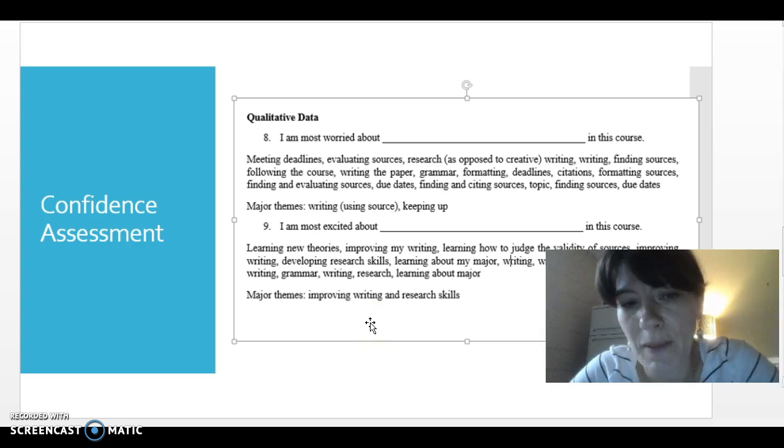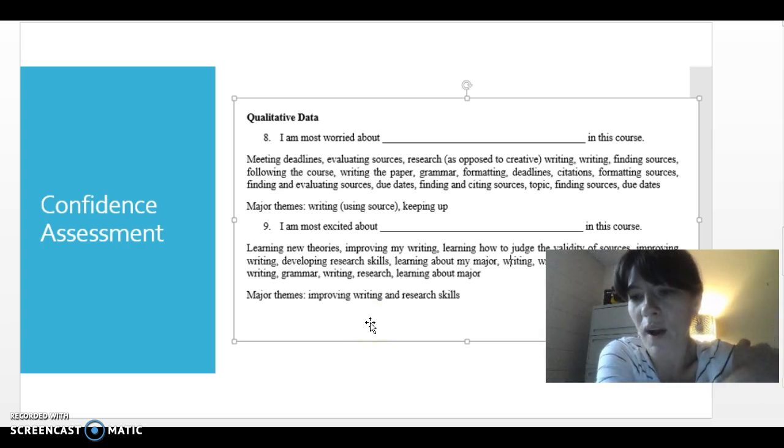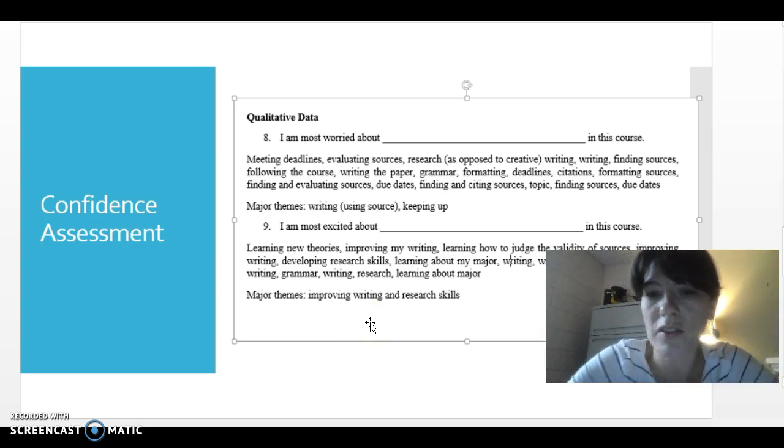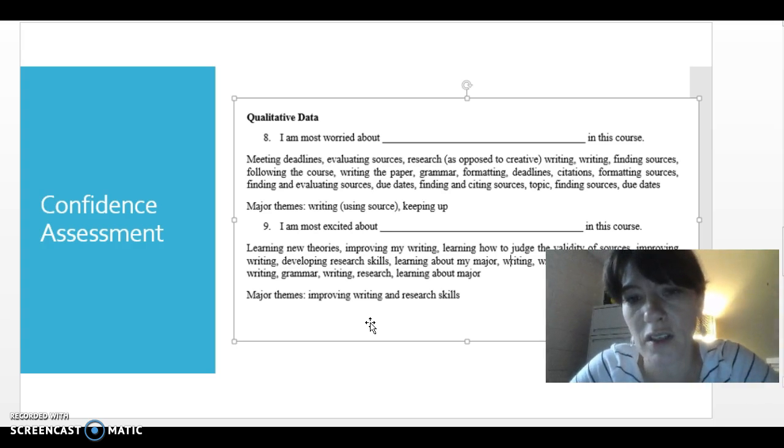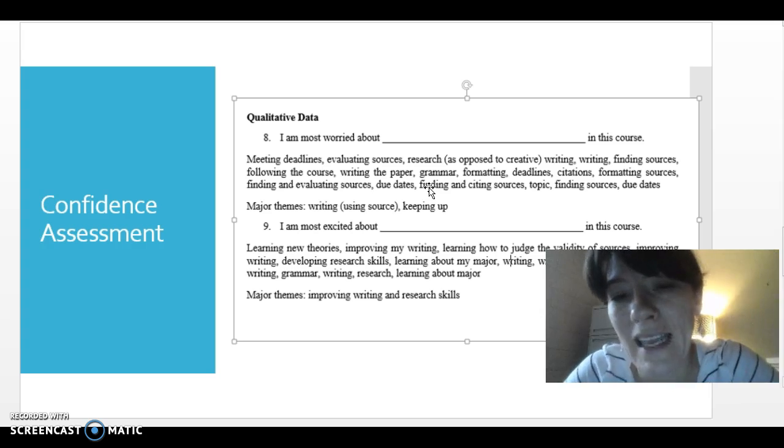The other thing you'll notice about qualitative data is that it requires the researcher to do some sorts of interpretation. So while I can put together a list of things mentioned about what students might be worried about in the course or what they might be excited about, this list of things doesn't tell me a whole lot. If I want to do something with the information, then I, as the researcher, am going to have to interpret that to some extent.